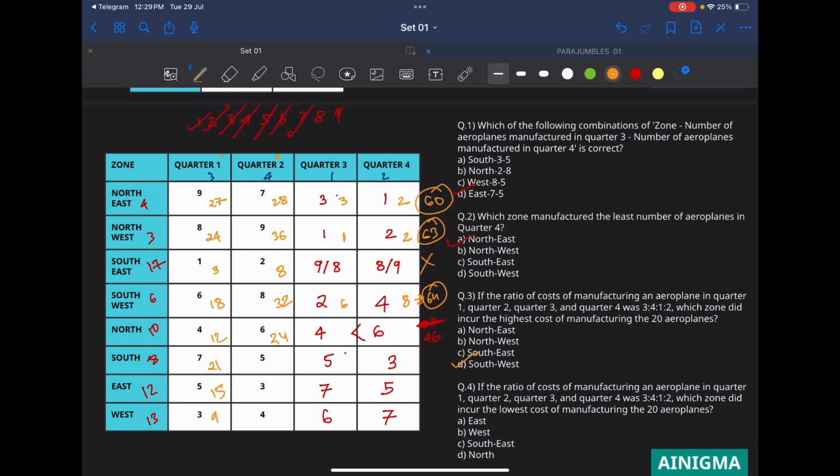4 6s are 24, 4 5s are 20, 4 3s are 12 and 4 4s are 16. Then we have this value is 4, this is 5, 6, 7, 5, 7 and 6, and then we have 12, this is automatically 6, this is automatically 10 and this value becomes a 4. So let's add these values, orange values, and we'll get the answer. North, west, east and southeast is the option. Southeast 8, 3, 11 and